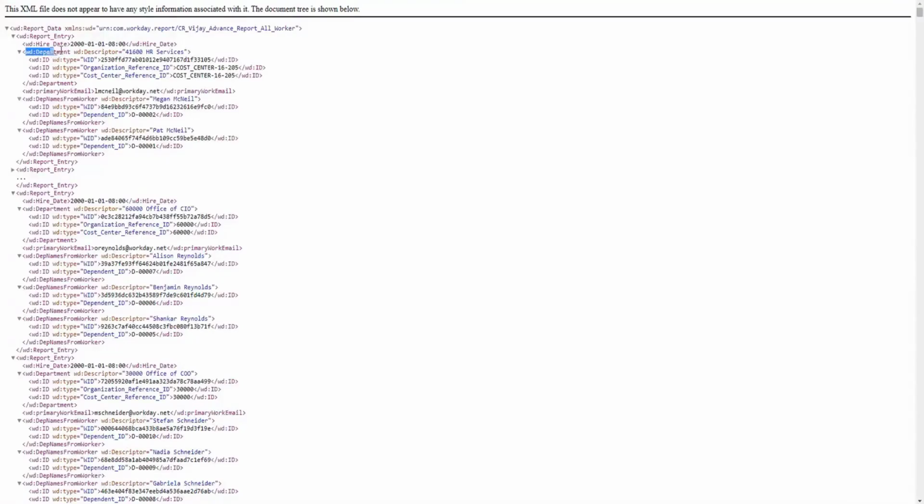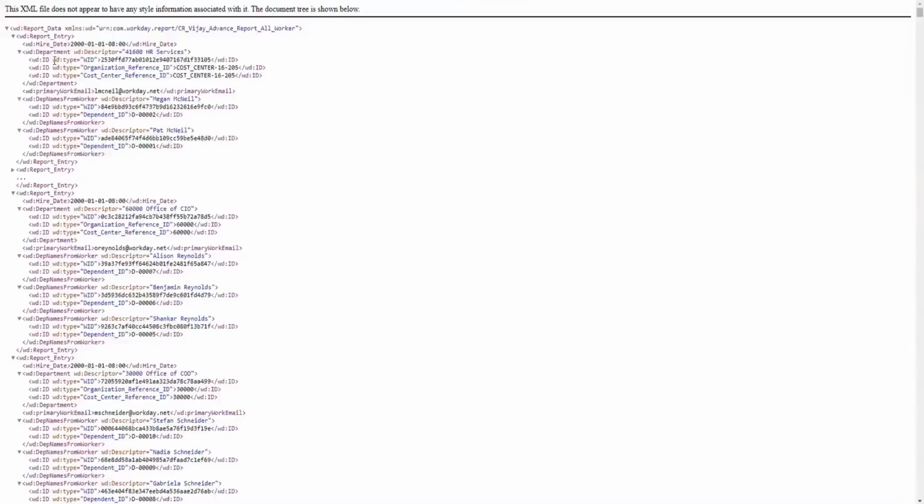You would go to the WD department. Inside the WD department you will go to WD ID, because you will see the WD ID is also getting repeated: WD ID, WD ID, WD ID, and here also WD ID type. So there are 3 WD ID types. This information is also the same, so in this case, while you are writing the XPath, you will have to